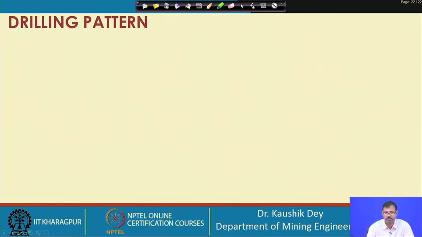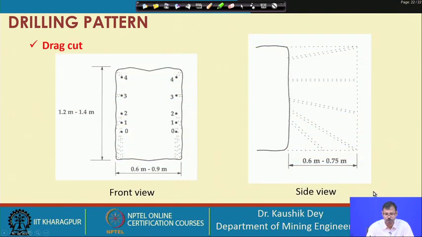So, as per our knowledge, we have understood that presently mechanical drilling is possible to carry out in underground mines with the advent of new modern drilling machines. So, that is a benefit. We can think of drilling a number of holes, we can think of drilling 100 holes in a face, which is not possible in manual drilling conditions.